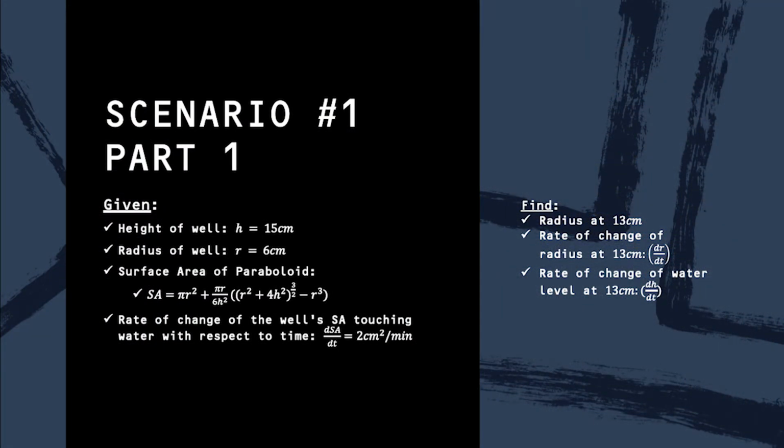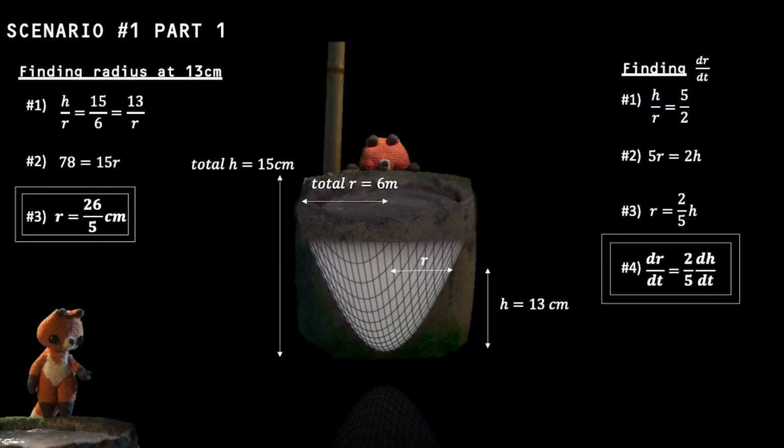For this problem, these are our given values and the things we have to find. Our main objective is to find the rate of change of the water level at 13 centimeters, dH/dt. In our diagram, we can see that the total height is 15 centimeters and the total radius is 6 centimeters. We are given 13 centimeters for the height of the water and we are trying to find the radius at